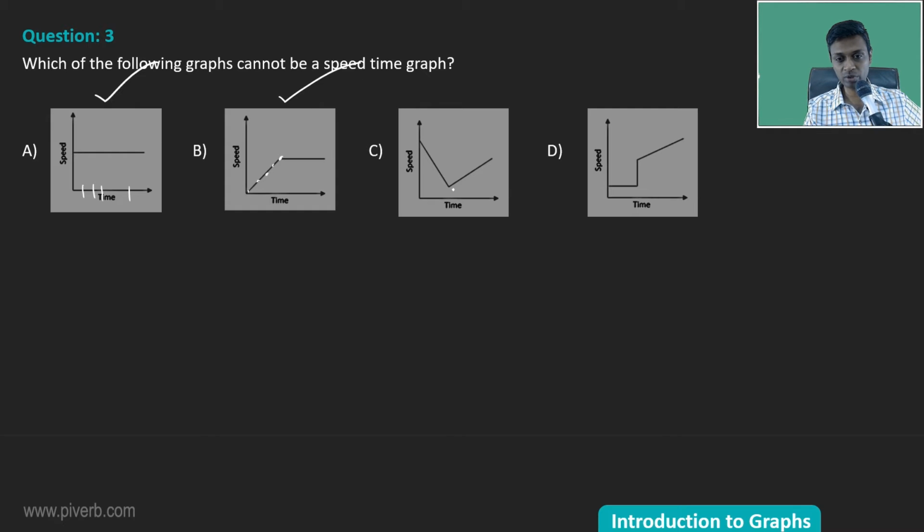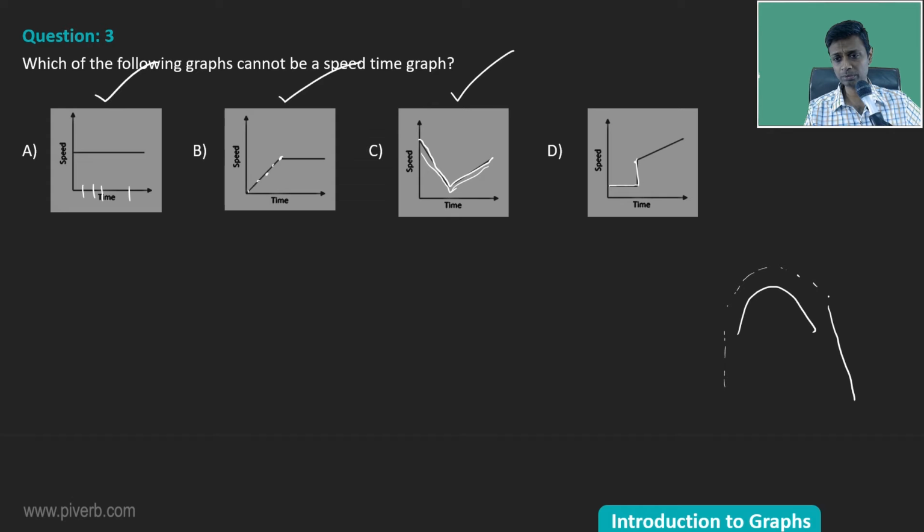Speed reduces and then increases. Imagine going through a sharp curve. You are coming into the curve, you slow down, you slow down, you slow down really well, complete that curve and then start going fast. Speed falls and then increases. This is also possible. Your speed is constant,